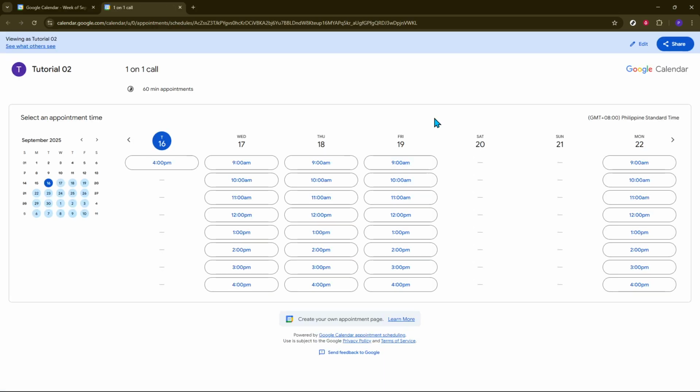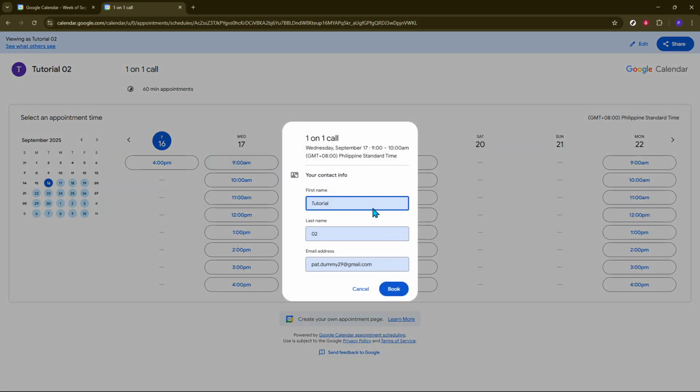To share your booking, click on Copy Link and then paste it into an email or message to send to your intended recipients. And there you have it. By following these steps, you've successfully set up appointments on Google Calendar. Keep exploring and customizing your calendar to make the